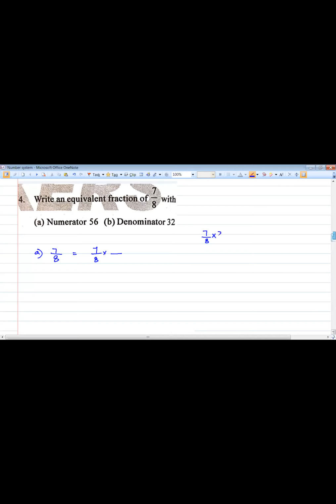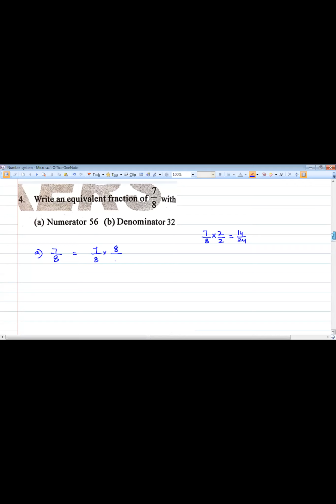If you multiply by one number, you should divide by the same number, and you will get 14 by 16. So this is one equivalent fraction of 7 by 8. Here I have the denominator 8. What is the condition they have given? The numerator should be 56. So we have to see the numerator. What is the numerator? 7. Then 7 into which number gives 56?